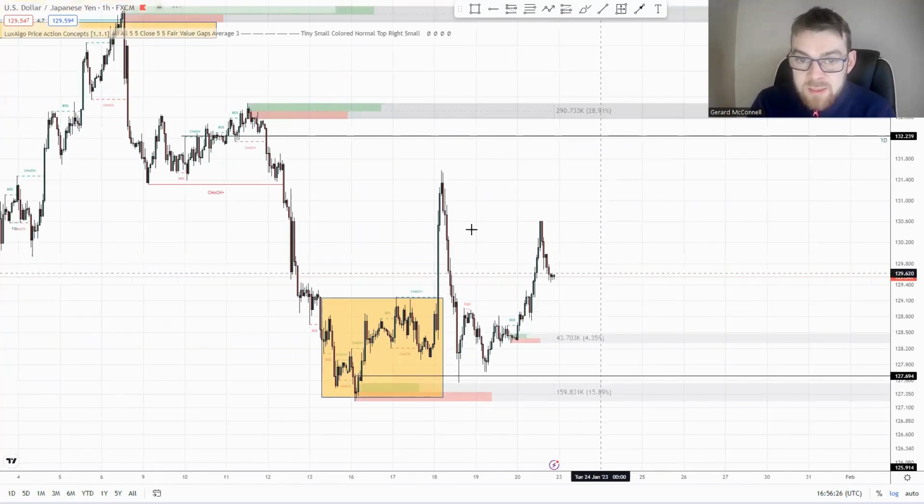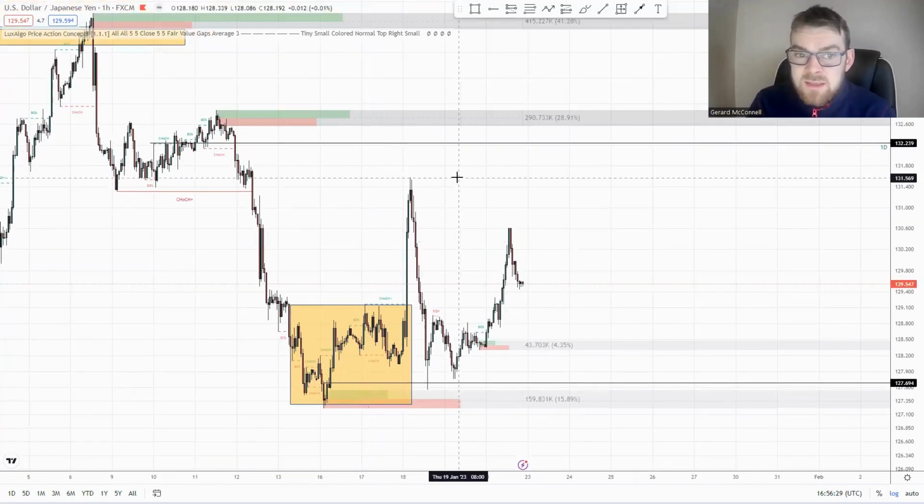So I think DXY is going to be really relevant for the next few weeks. I think really up until probably mid-March, early April is when the DXY is going to be of most relevance and importance, because of course we know that in 2021 and 2022, all central banks lagged in terms of policy, but in 2022, the Fed was the first one to act and did so very, very aggressively. Now, all of the other central banks are playing catch up as we speak. For example, the Bank of England and the ECB, whereas the Fed is very much further along in terms of where it wants its interest rate policy.